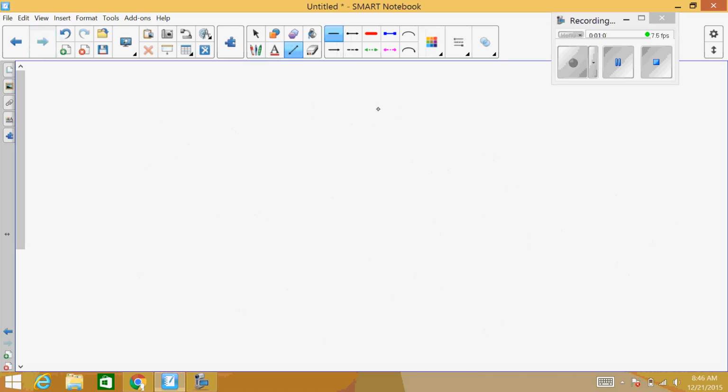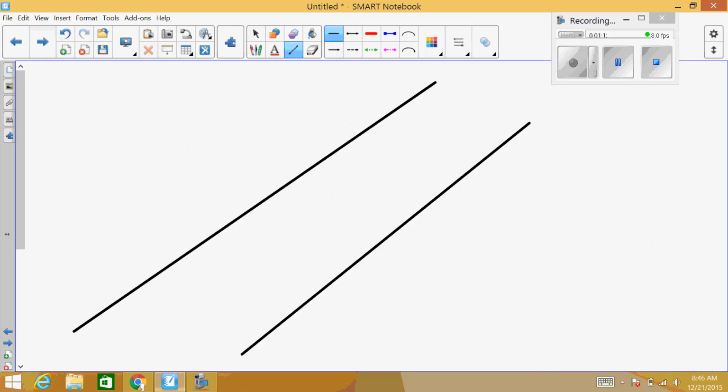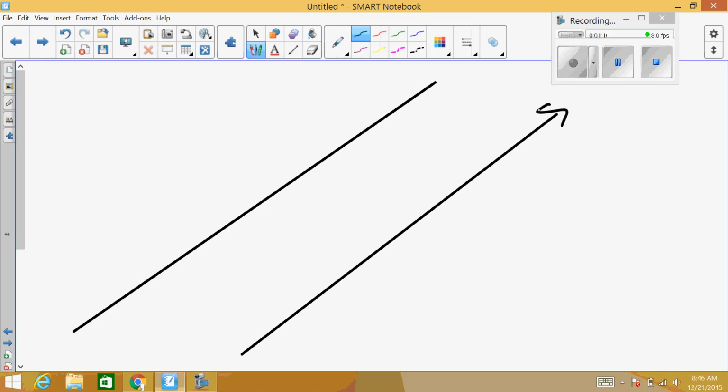Well, kind of a rough sketch. There's one line, there's another line. So these two lines in a plane, because they're on the same computer screen. Put my arrows on it to show that my lines continue forever. And it's kind of tough to just draw freehand, but it looks like if I measure the distance from here to here, hopefully it's the same as the distance from here to here. It looks like I might be off a little bit, but that would be the idea of what parallel